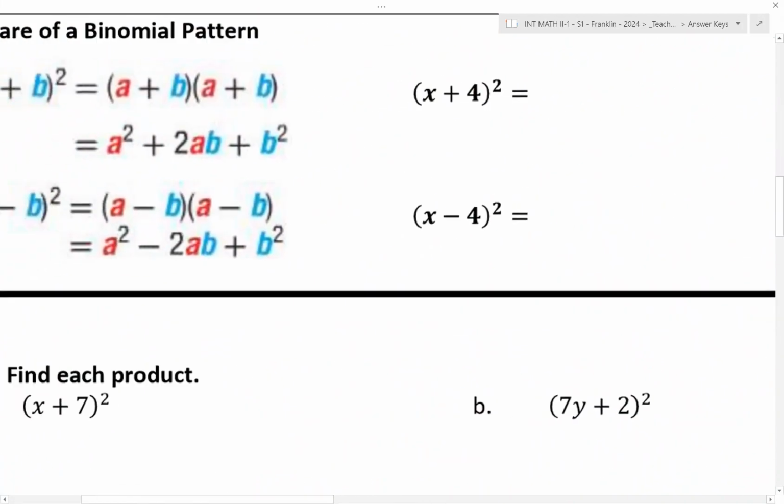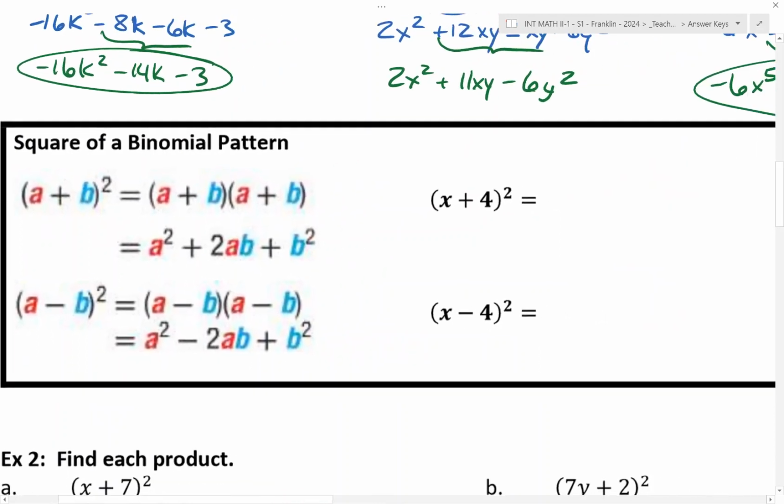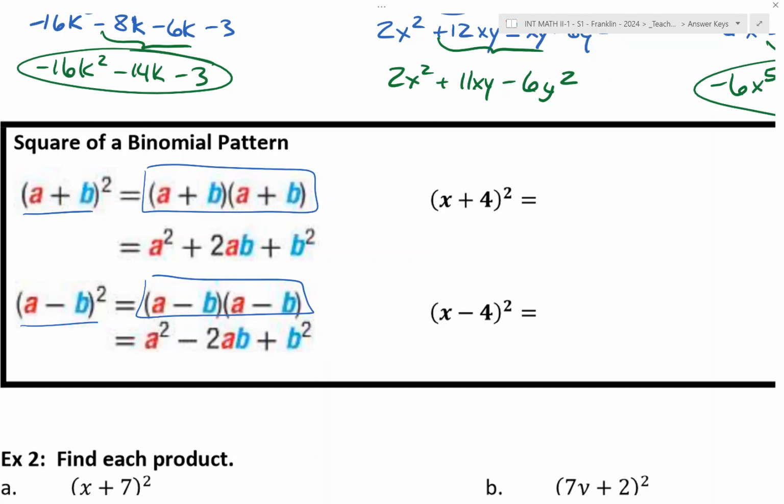Now this next section is sort of a special case, although you could probably figure it out without having talked about it. This is where you have a binomial that is being squared. The important thing to remember is that a plus b squared or a minus b squared, you want to think of that as a plus b times a plus b, or a minus b times a minus b. And if you don't remember the pattern that comes from squaring a binomial, as long as you remember that you can just multiply it by itself, you'll be okay. You can remember the pattern. It does make it a little faster,